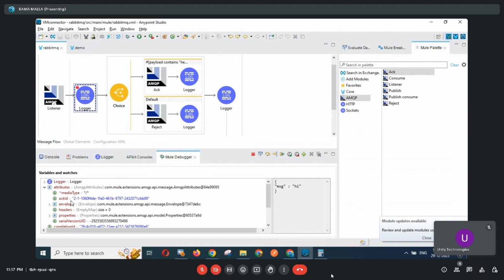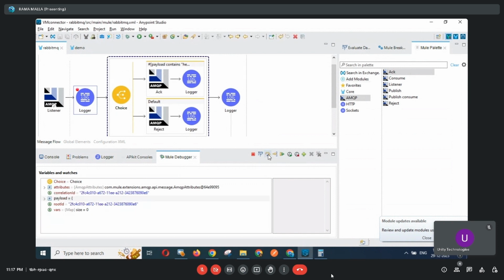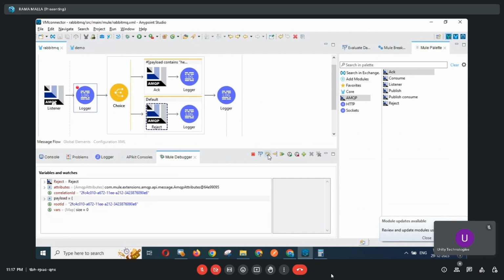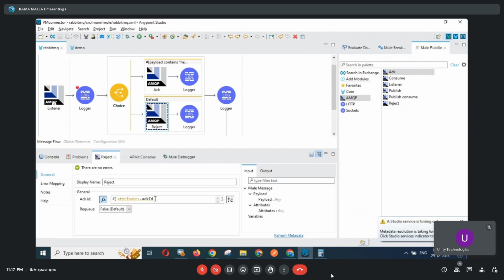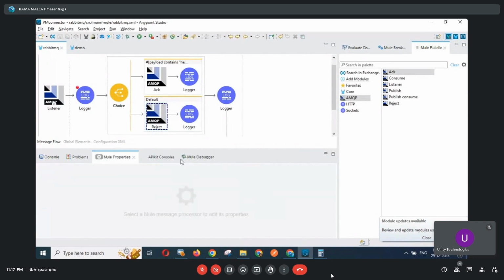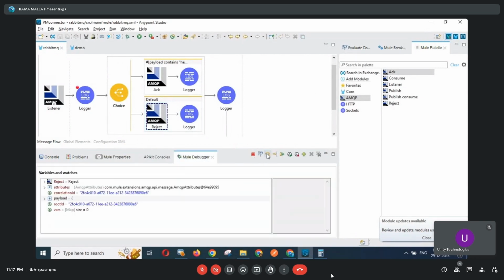This is a unique ID. Let's hit this next processor, and this time this payload doesn't have hello, so that's the reason it moved to this default condition. In this default condition, I have just given attributes dot acknowledgement ID, and if you click on this next processor,